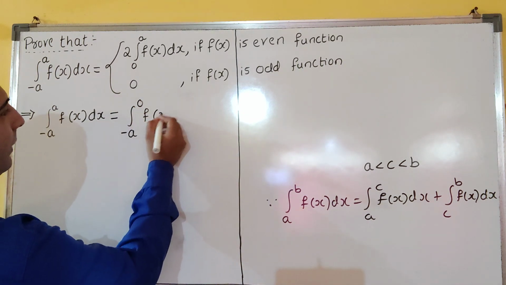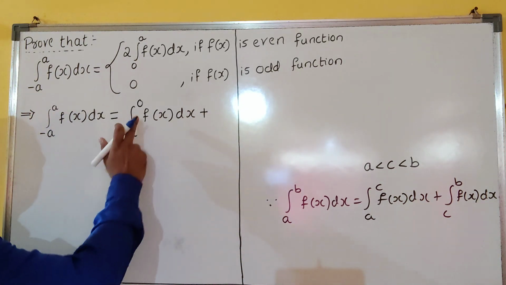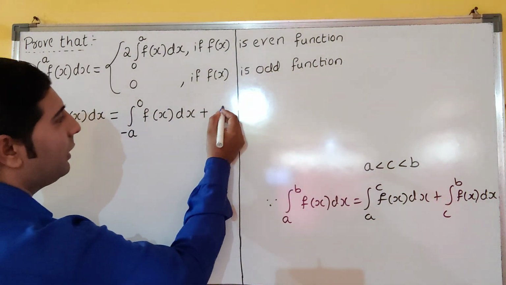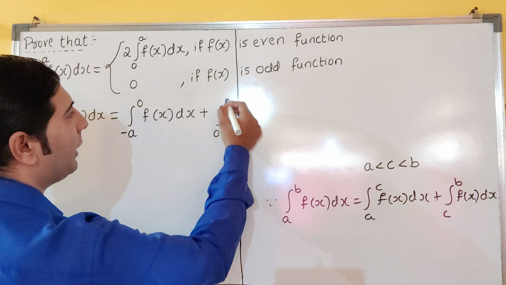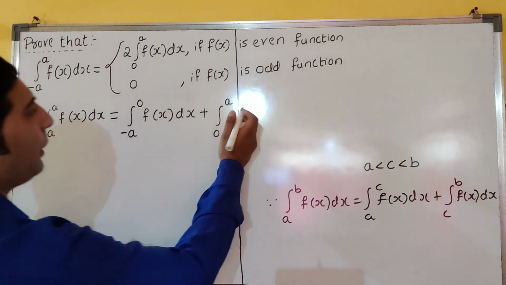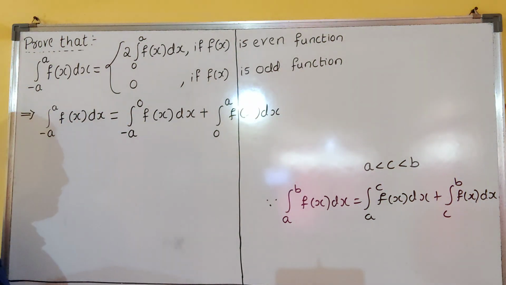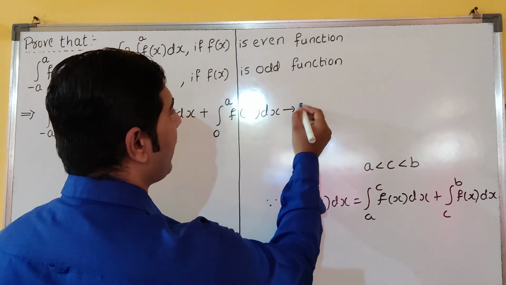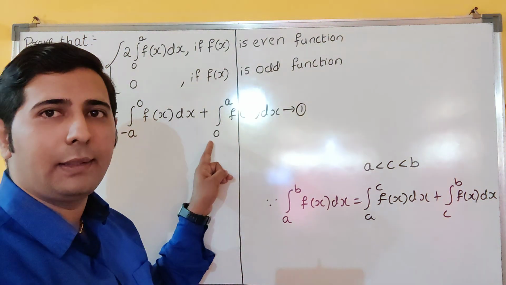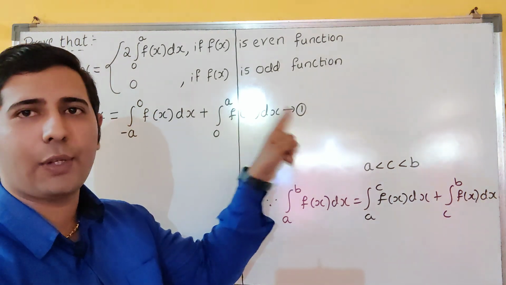So f of x, how are we breaking it, I am saying. So plus next is what? 0 to c to b, you have written or not? C is what now here? 0 to a, dear students. B is what here? A only. 0 to a f of x into dx. See, easily we got this. I will call this equation number 1. Clear everyone? This is nothing but 0 to a f of x dx, equation number 1.